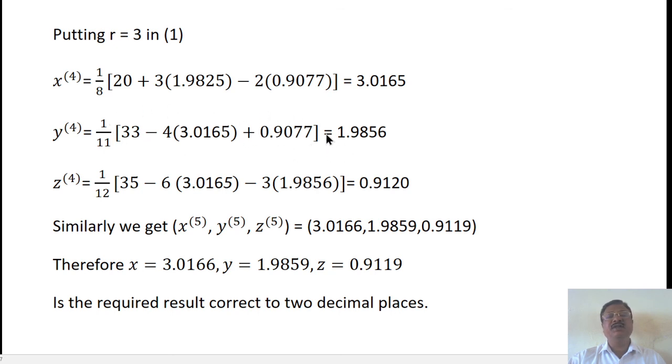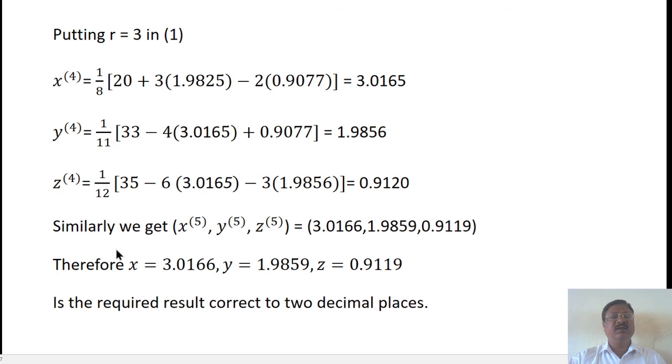After simplification, it is 1.9856. z raised to 4 is 1 upon 12, 35 minus 6 into the recent value of x and 3 into the recent value of y, which after simplification is 0.9120. Similarly, we get the fifth iterates, which you may find out at home,